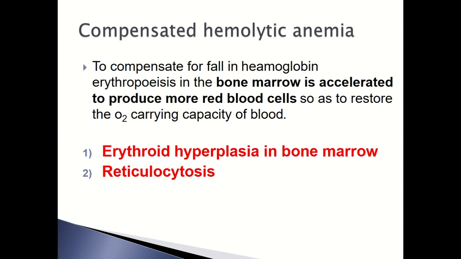Next, what are the pitfalls of hemolytic anemia? Once destruction of RBCs is going on, the bone marrow tries to accelerate the production of RBCs in the form of erythroid hyperplasia and reticulocytosis. That's why there is an increased retic count whenever there is destruction of RBCs. So if the retic count is abnormally high, always think about hemolytic anemia first. This is the rule in your practice. Remember this in future also.